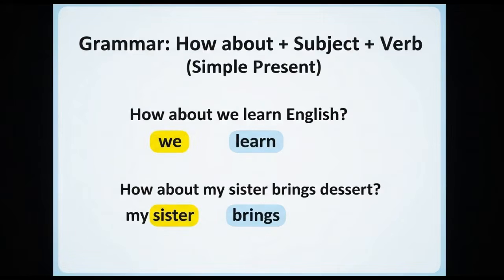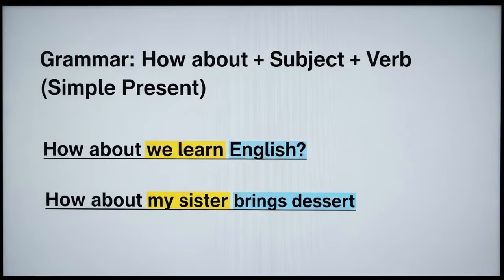How about grammar? I love the grammar for how about because it's easy and we use it all the time. We start with how about, then we have a subject like I, you, he, she, we, they, or a person's name or title. And finally, we have a verb in the simple present tense. Example,